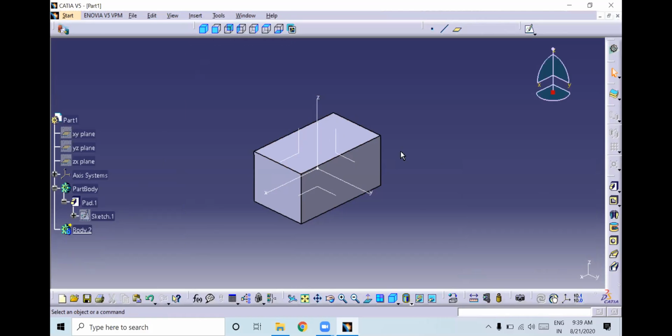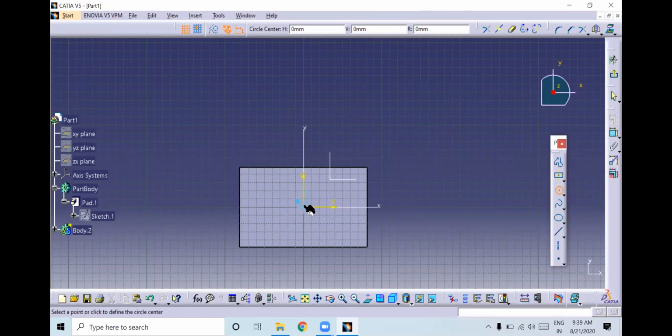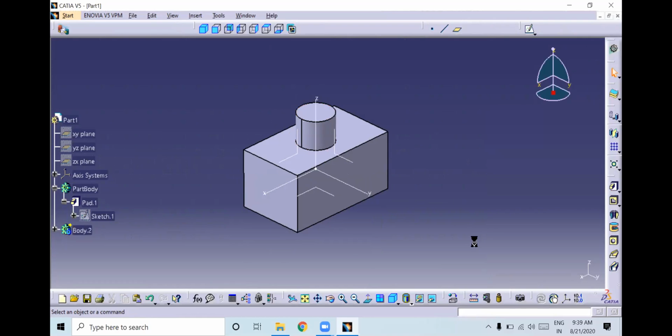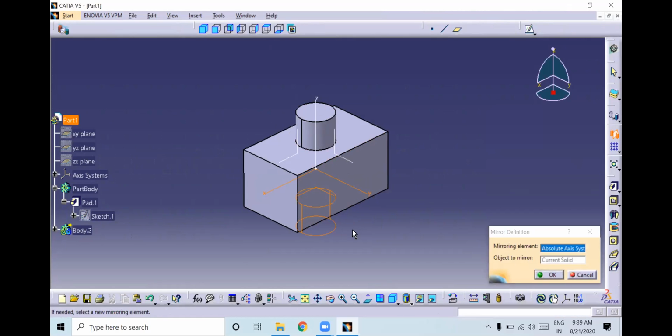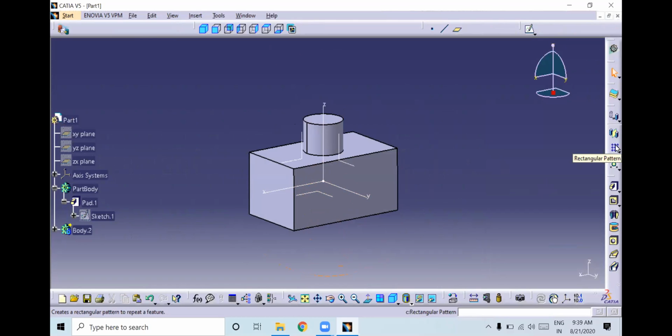So we have inserted it. Then I will create a part here. Select it, exit, and create a pad. Now you observe, you will definitely get it. Go to mirror. Once you go to mirror, you need to select a plane. See here, now you are getting only this part, right? Once you select mirror or pattern, the software will select the entire part, but if you insert a new body, it will select the new body itself. It won't select this body.